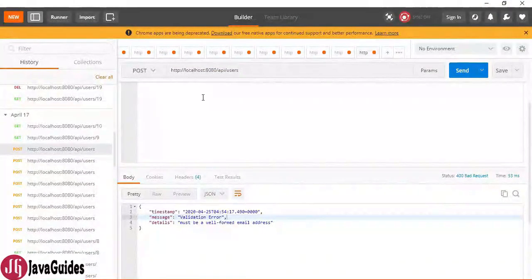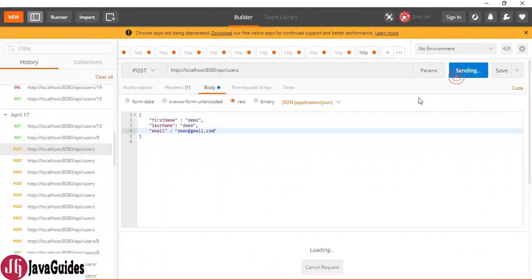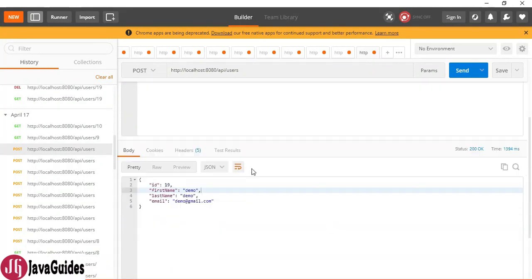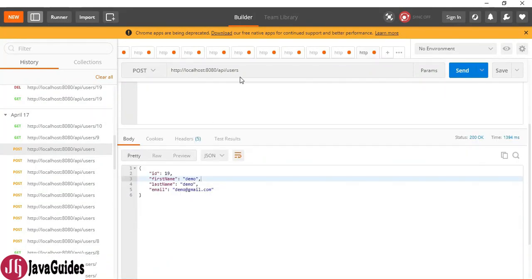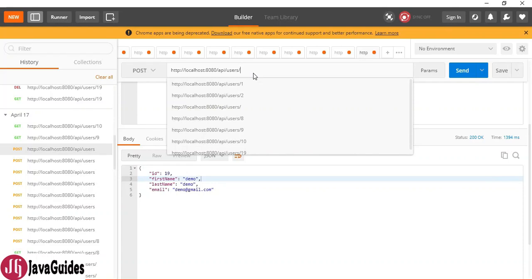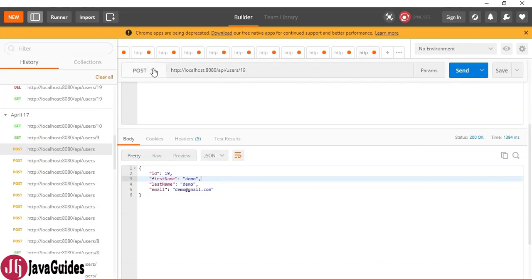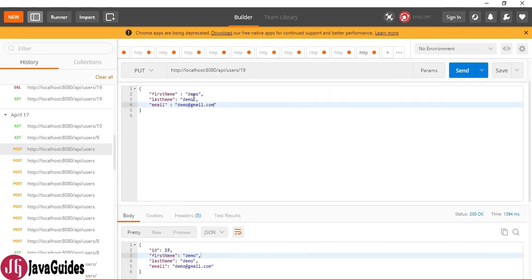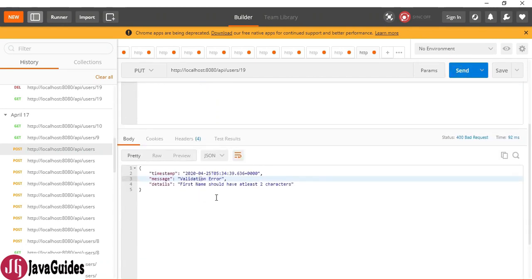So let me quickly create this user, demo user. So the demo user is created successfully and the ID is 19. And here I will select the PUT HTTP method, and here I'm going to remove the first name. And if I hit the send button here, look at here, first name should have at least 2 characters.